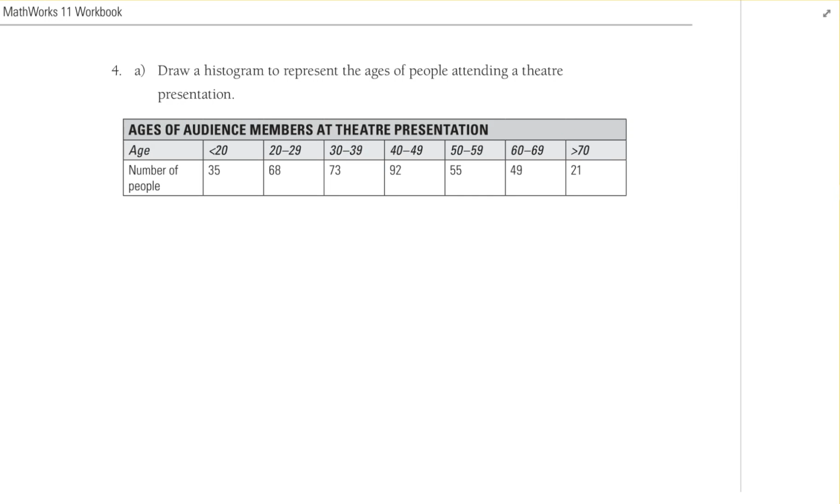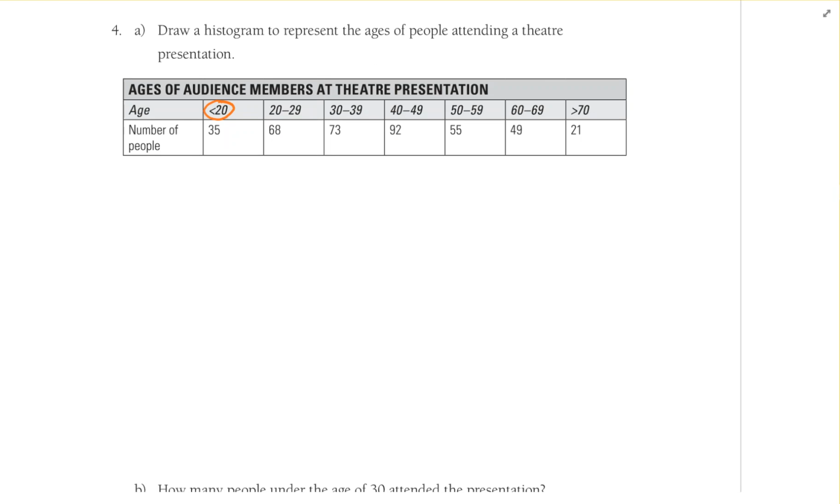All right, so looking at this one, we've got the same type of thing. I'm going to let you guys do it. Before we get going, though, I just want to make sure you understand what these symbols are here. When it says age, it says that means less than 20. So that symbol there, that's less than 20. So when you make your grid here,